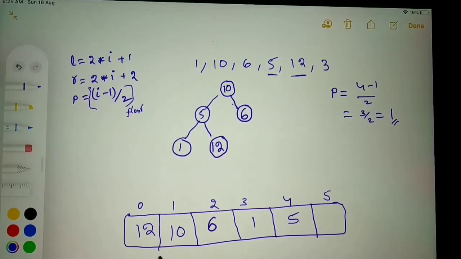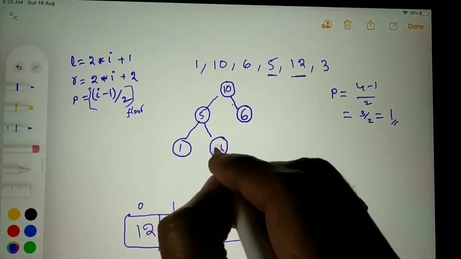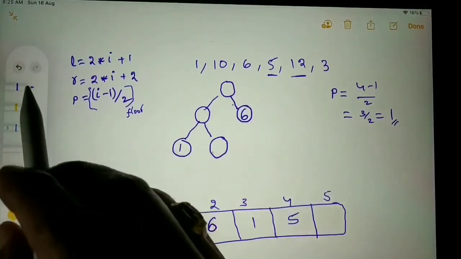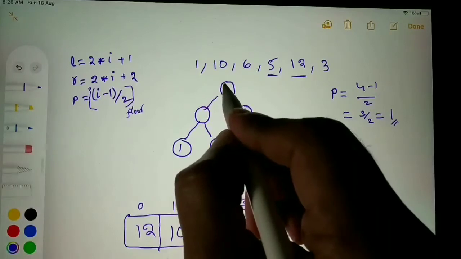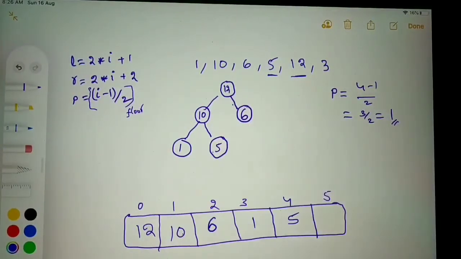So we have swapped 12 and 10, and in the tree if we update, it will be like 12 should come here, 10 should come here, and 5 should come here.